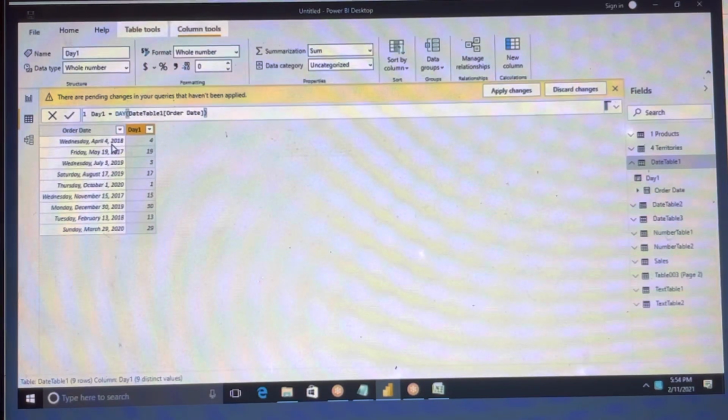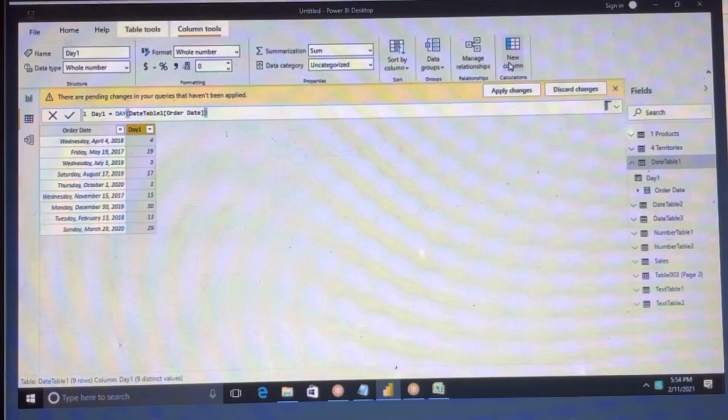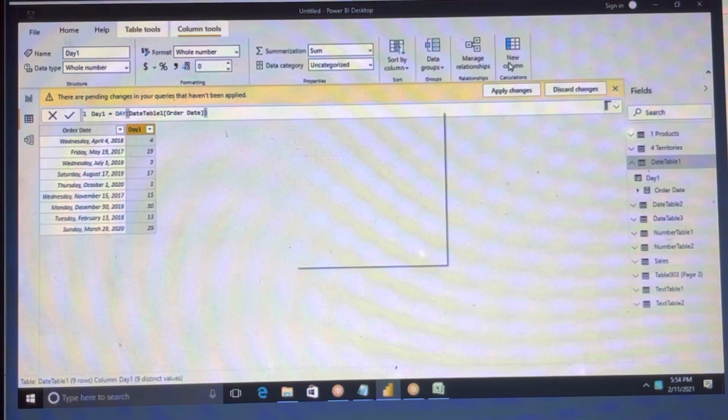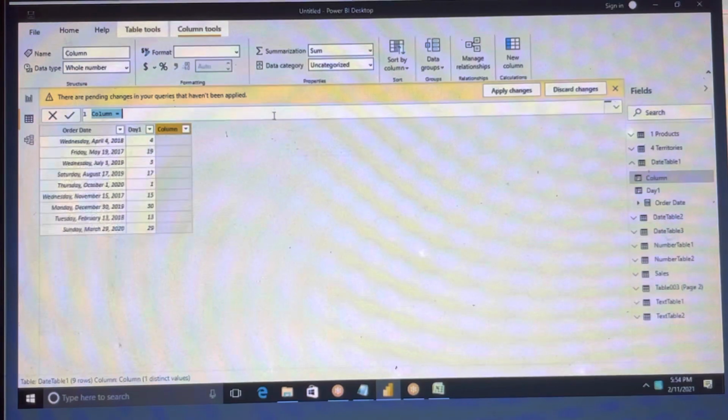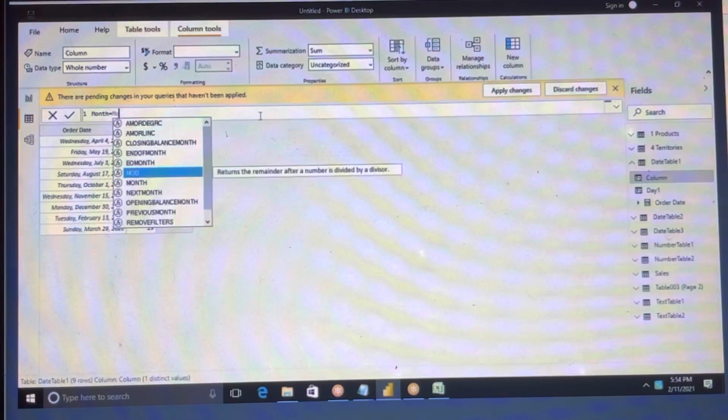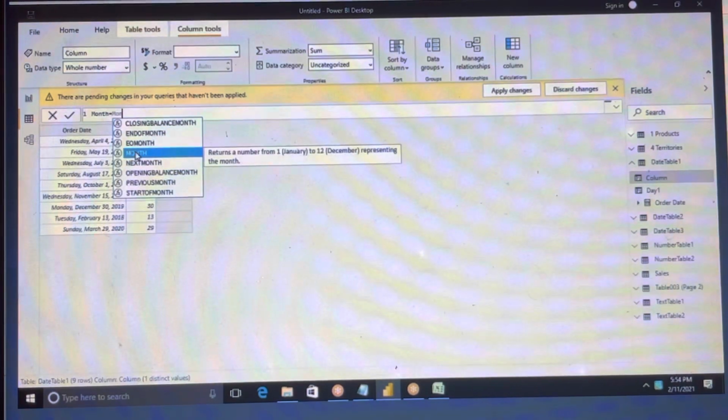See, April 4th, 2018, we are getting 4 and so on. Suppose you wanted to get the month of this date, you can write month. There is a month function also.